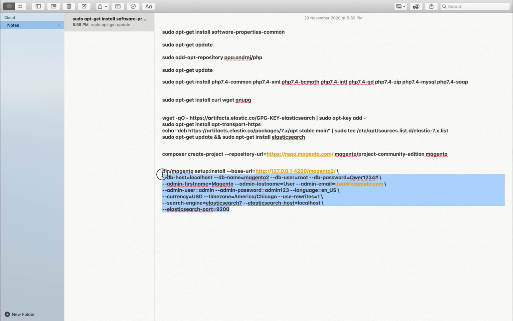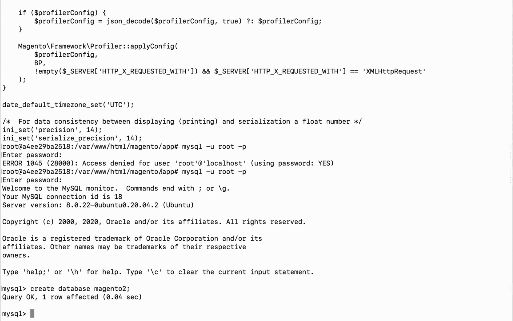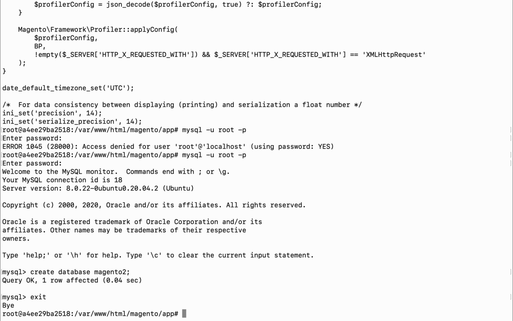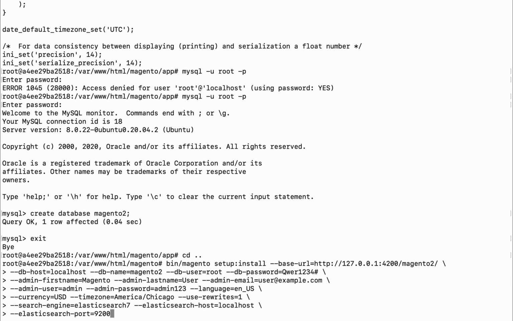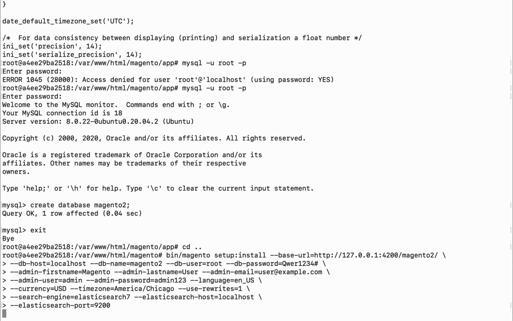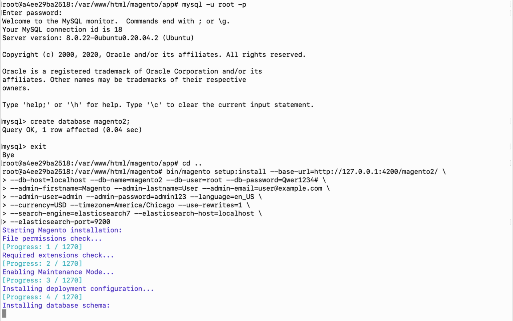So this looks good. Now we will go ahead and install Magento 2. I will come out of the MySQL terminal. I will go to the root Magento folder where the Magento project is downloaded and I will run this command. It will take some time and install Magento 2 here.